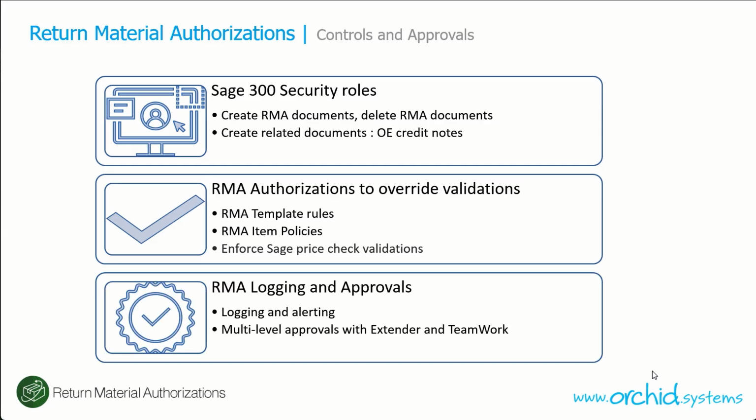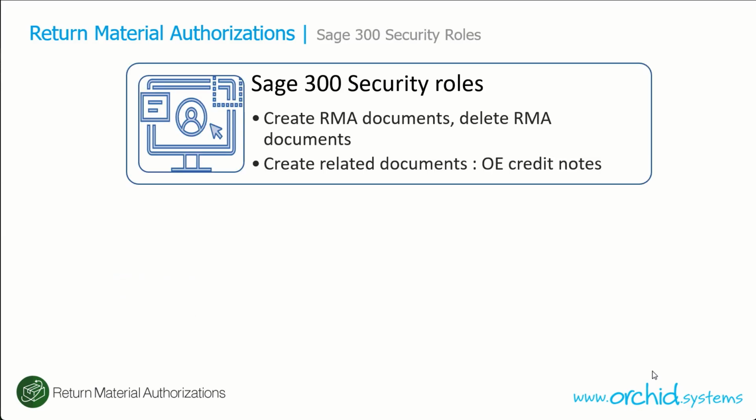In the third part of the presentation, we will look at how we can do more advanced logging of RMA details and multi-level approvals using Extender and Teamwork. So first, I'm going to hand over to Anne to demonstrate security roles in RMA and how to use RA